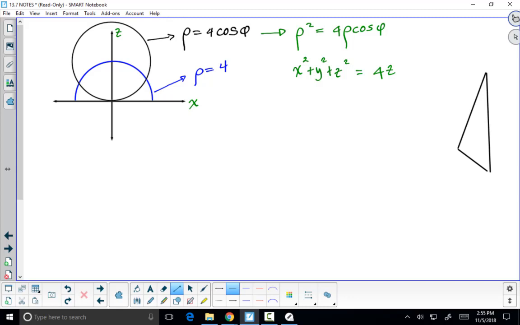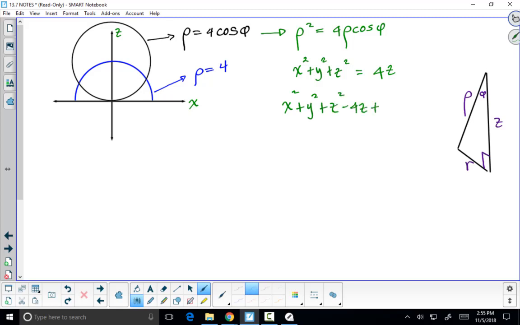So we have this right triangle where this was z, this is rho, this is r, that's phi. Theta's on the bottom. So rho cos phi is z, rho sine phi is r. So then we do a little subtraction, complete the square. So we get